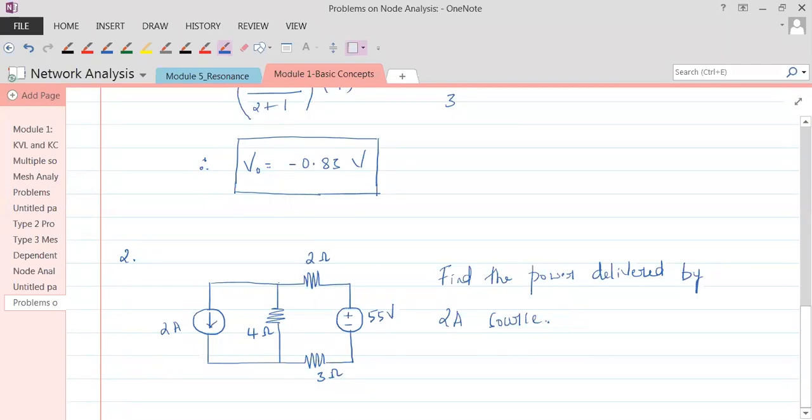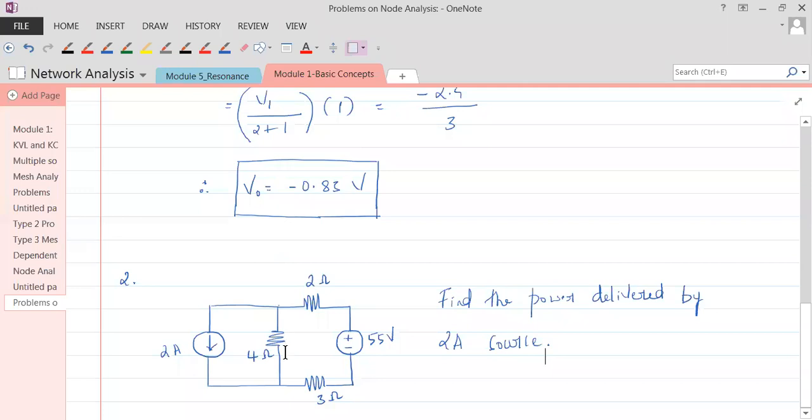Okay, now again a question. How many node problem is this? Anybody? How many nodes are there? And how many branches are there? Go on, somebody should unmute and tell me that. See here, this is one node. There are 3 branches. Branch number 1, 2, 3. And all the 3 branches are coming together at this particular node. So you have just one node there. So it's a one node problem again.